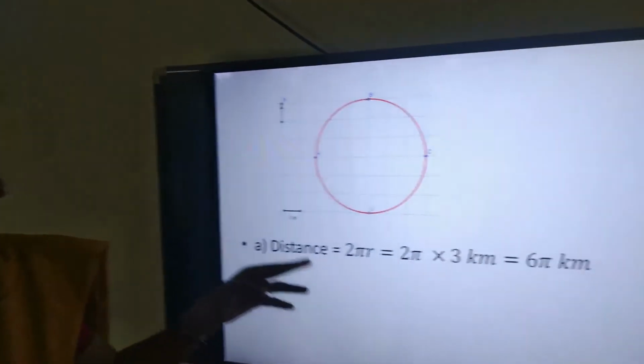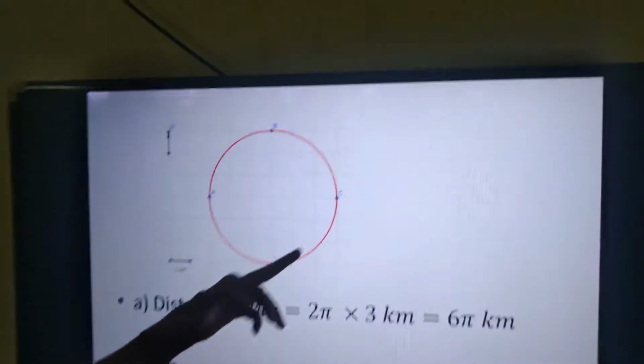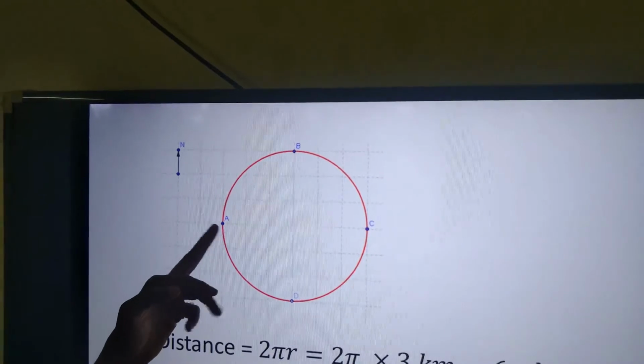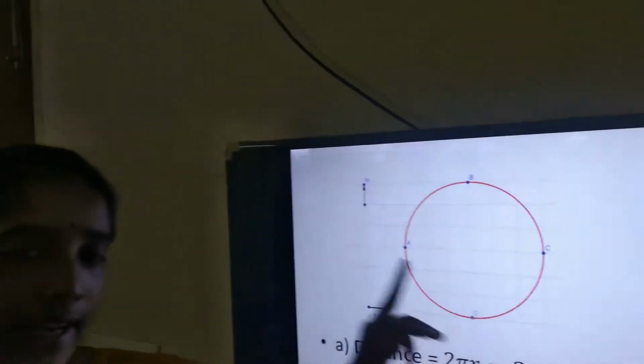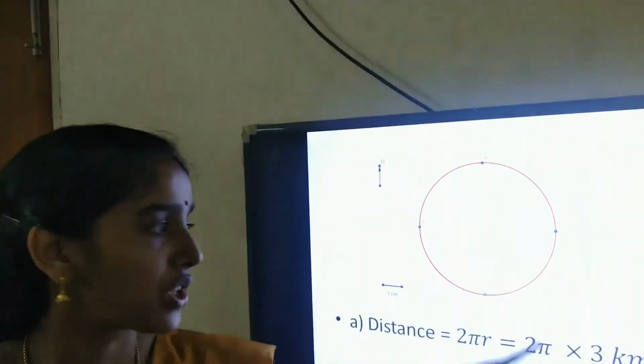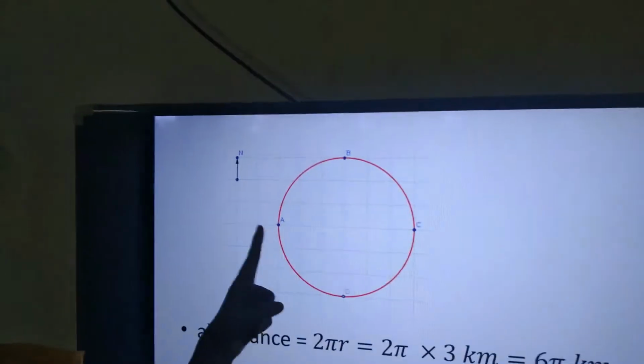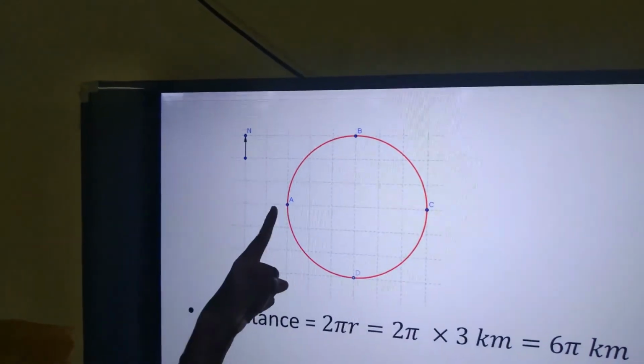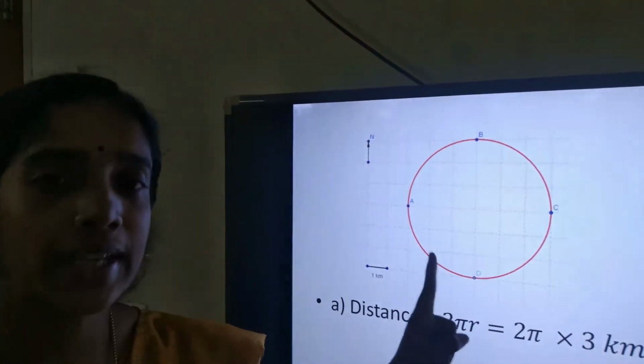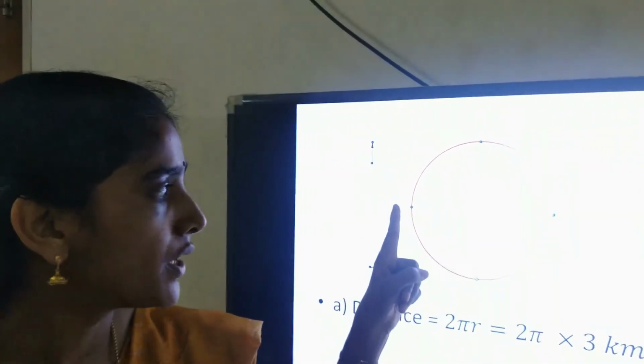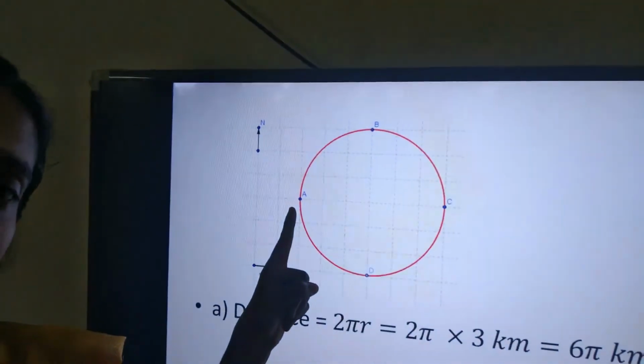3.14. Now again, in this situation, we are asked to find the displacement as well. So displacement means what? It is a straight line from the starting to the end position. What is the starting position here? A. And then coming back to A. So we are getting only one point. We will not be able to draw a straight line using one point. So what is the displacement here? Displacement is 0.